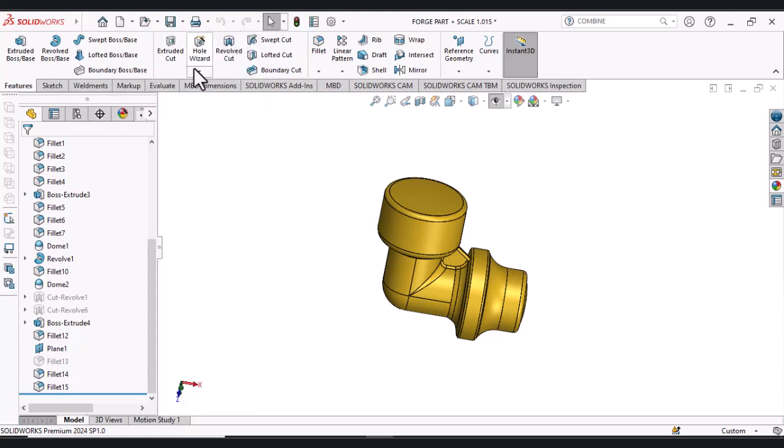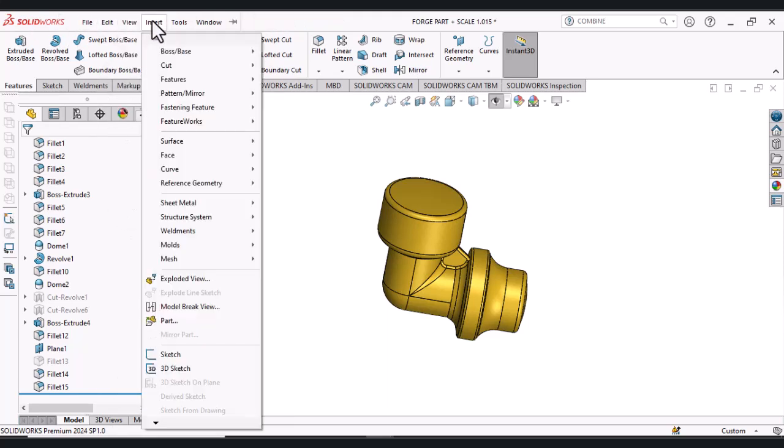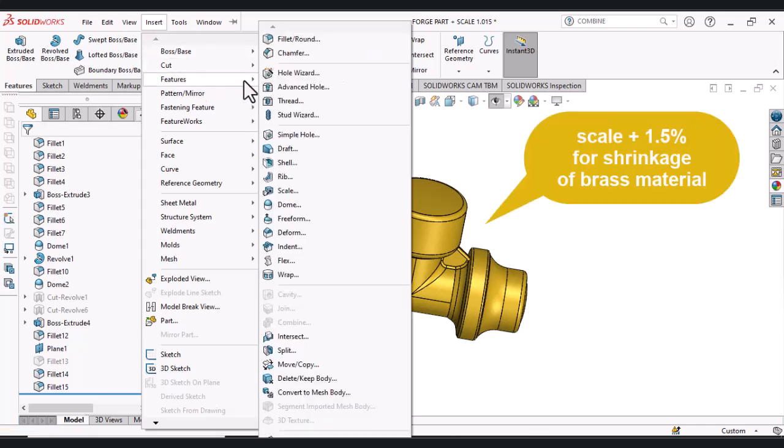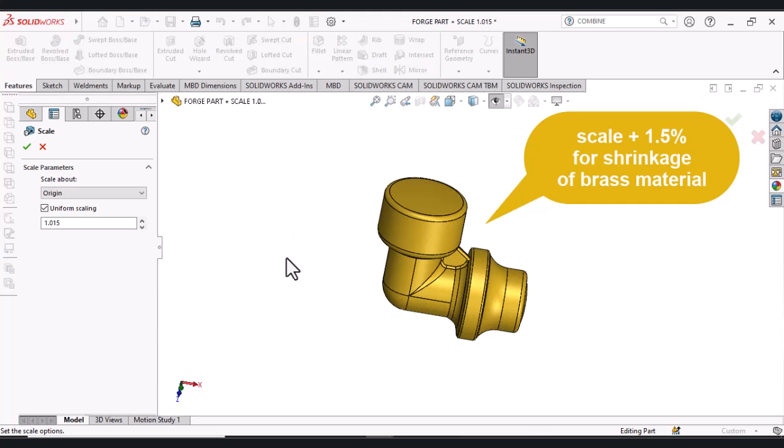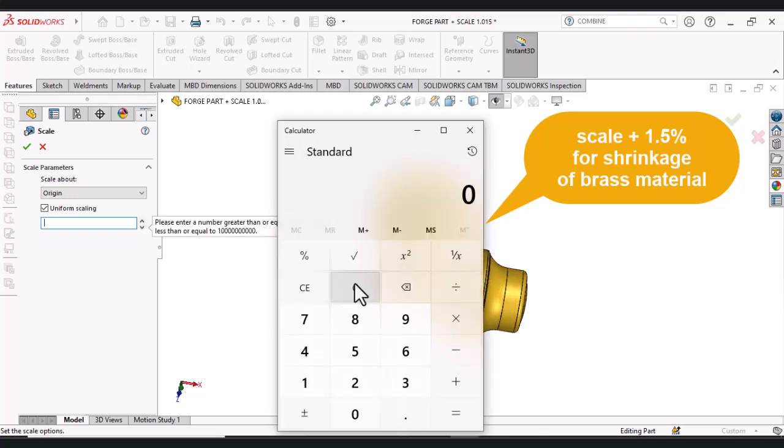From the insert menu, feature, we run the scale command. We select origin. 1.5 divided by 100 equals 0.015.